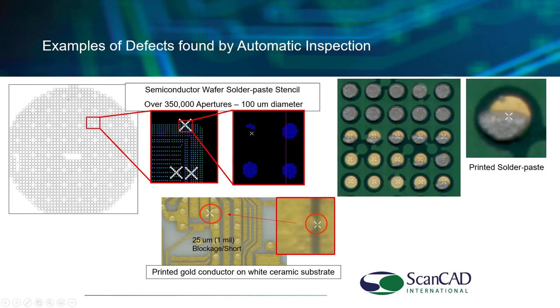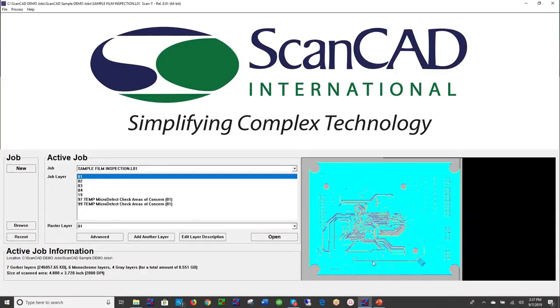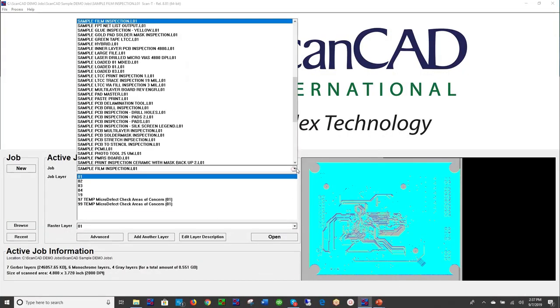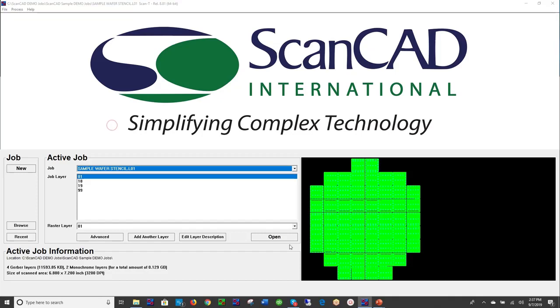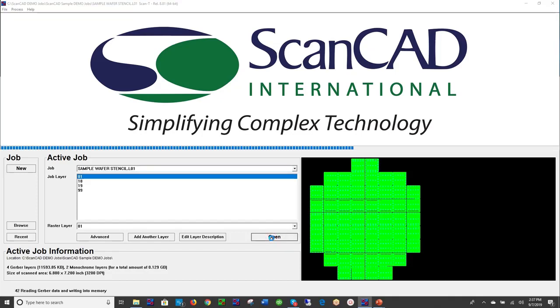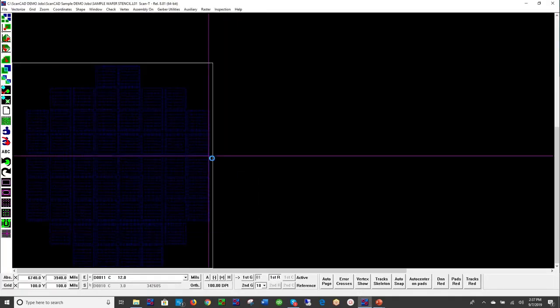Let's go ahead now and actually play with these parts so you can see what these look like in real life. That's what's nice about being on the system, is we can actually look at real customer examples. So let's first look at that wafer from the semiconductor industry. And again, you might be able to equate this to your application area. We don't care if these